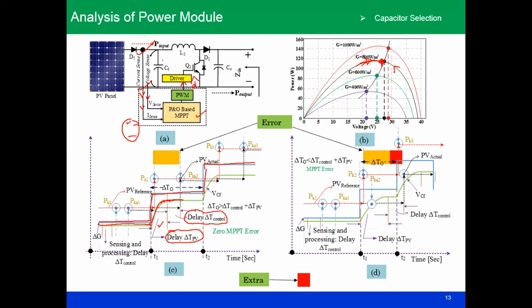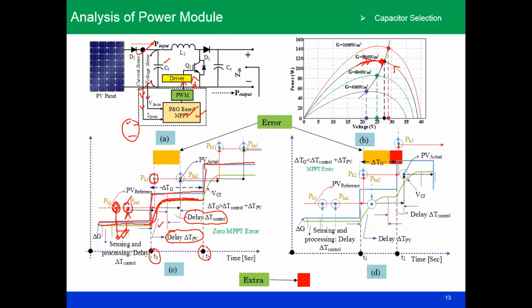So if you unknowingly selected a capacitor with a low value, then whenever the change happens in the irradiation, the capacitor voltage will track the new VMPP required after the algorithm. Here you see, this is your initial peak point. This is a reference power, and here also, after the processing delay or sensing delay or this kind of execution time, if you add them together, after that time you get the same kind of reference and available power. So there is an error, and if you see the error here, it is very small. Similarly, after that time T1, let us say up to T2, if you investigate, you can find that during this T1, the perturbation changes the irradiation.